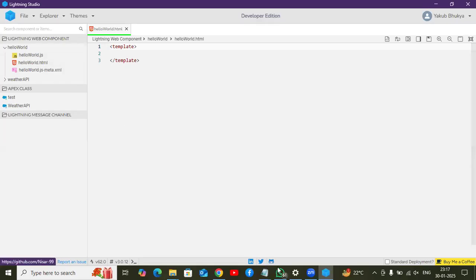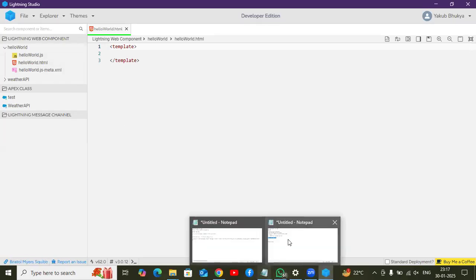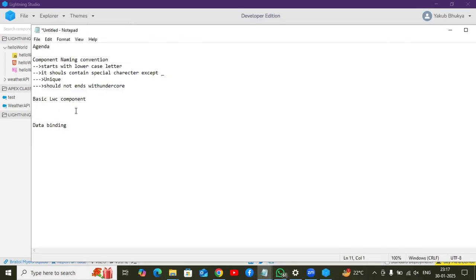Remember, in LWC, whenever you create a Lightning Web Component, by default three files will be created: an HTML file, a JavaScript file, and a meta XML file. Coming to the HTML file, here, whatever user interface you want to implement, you can implement. In the UI, whatever data operations you want to perform, whatever logic or functions, or wherever you want to fetch the data from, in order to pass the data